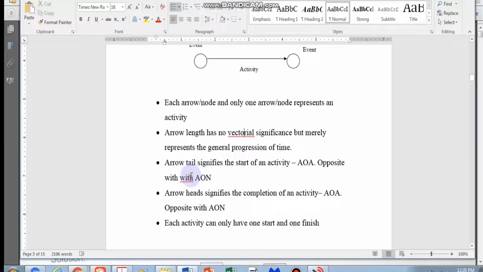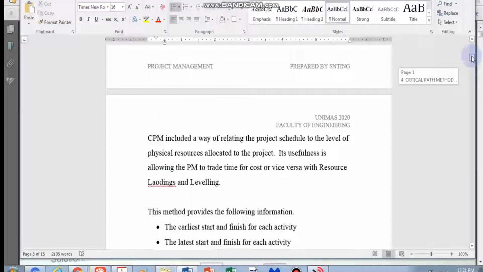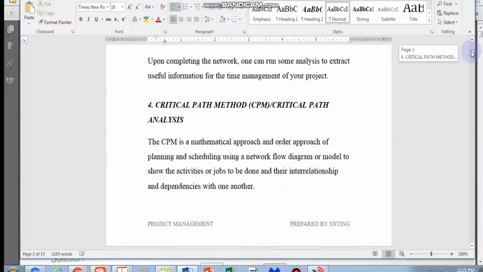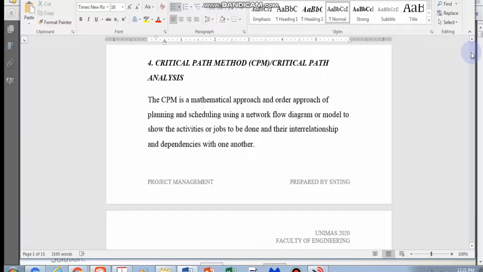Okay, so what's the point of drawing a diagram? It's not really for show, it's actually to read the diagram. And what do we do with this diagram? We actually analyze it using a technique called critical path analysis, which is going to be the earlier part of these notes here. Okay, so critical path analysis, or what we call the critical path method, is actually a very mathematical